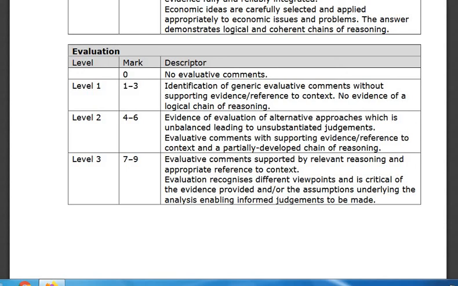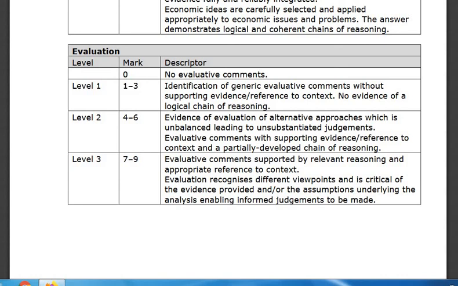Level 2, evidence of evaluation of alternative approaches. Yeah, so the other side of the argument, essentially, which is unbalanced, leading to unsubstantiated judgments. So you haven't fully explored this other side of the argument. Evaluative comments with supporting evidence, reference to context, and a partially developed chain of reasoning. So when you make your counter arguments, you have to explain, analyze your judgments. You have to analyze your evaluation. And then level 3, where you want to be,